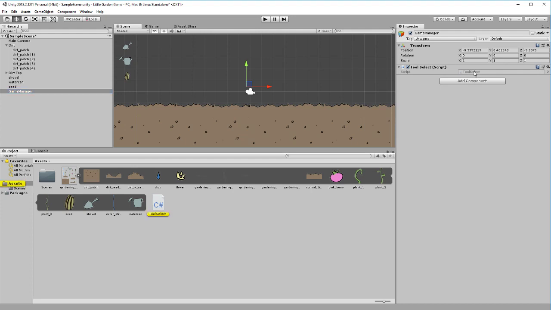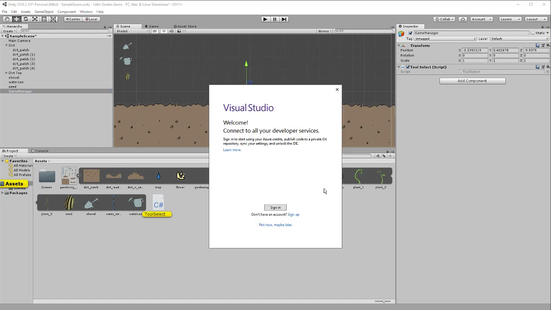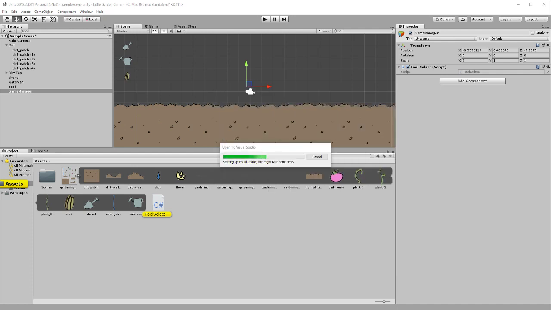So let's go to Tool Select. We'll double-click on this, and this will open up Visual Studio. If you are using an older version of Unity on a Mac, it will probably open up MonoDevelop, which is totally fine to use as well. I prefer Visual Studio personally, but that's just my personal take. Visual Studio is maybe a little bit richer because it's used for quite a lot of development. But then there's a lot of programmers who hate it too. So,